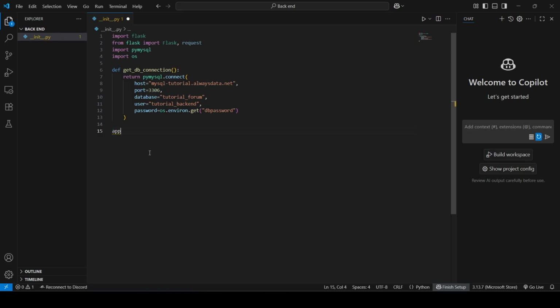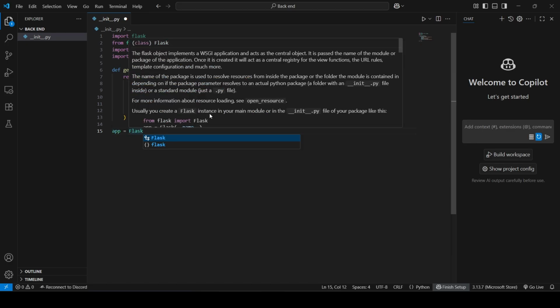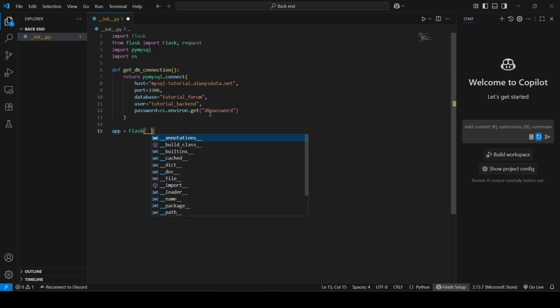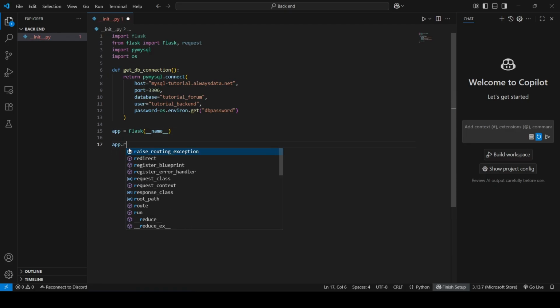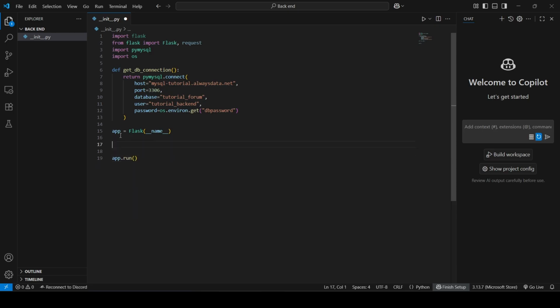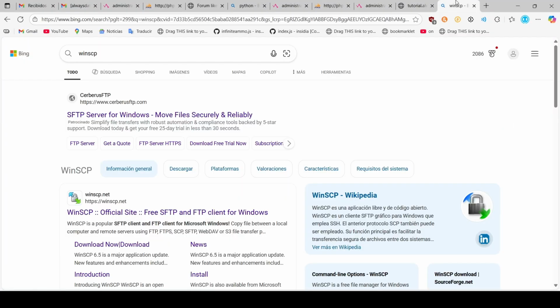Equals app equals Flask with an uppercase name, and here we place app.run. Between these lines is where we are going to place the routers. Routers are going to be like